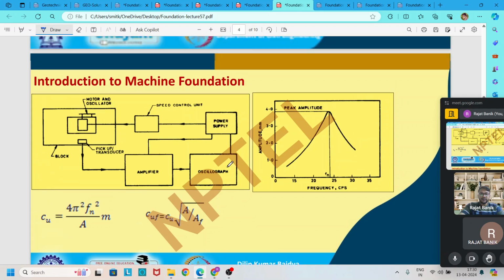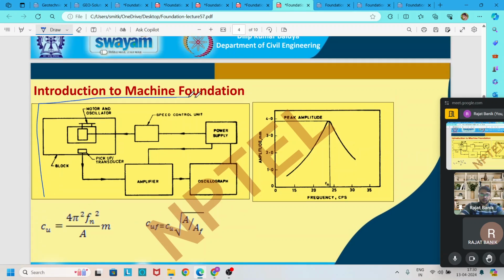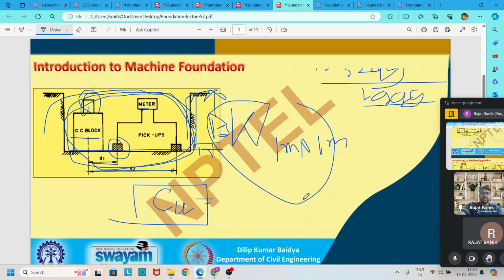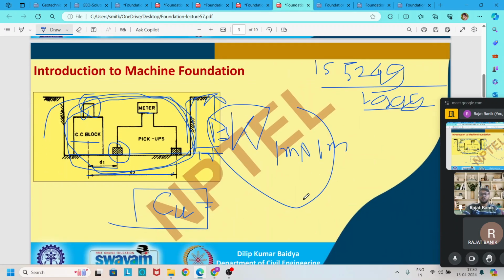So by this arrangement, we get one plot, which is the amplitude versus frequency curve. So why do we need to find out the coefficient of elastic uniform compression? Because we need to find out the K, and this K is important to